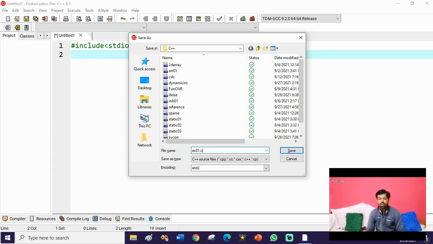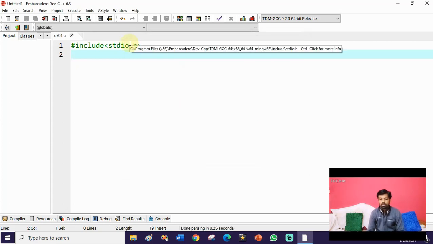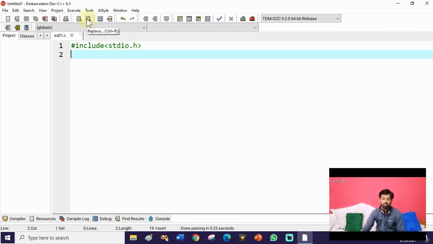Once you mention the .c extension with the file name, it becomes a C source code file. Our file is not compiled yet, but you have to finish the code first, then we will go for execution, and before we execute it, we will compile it.